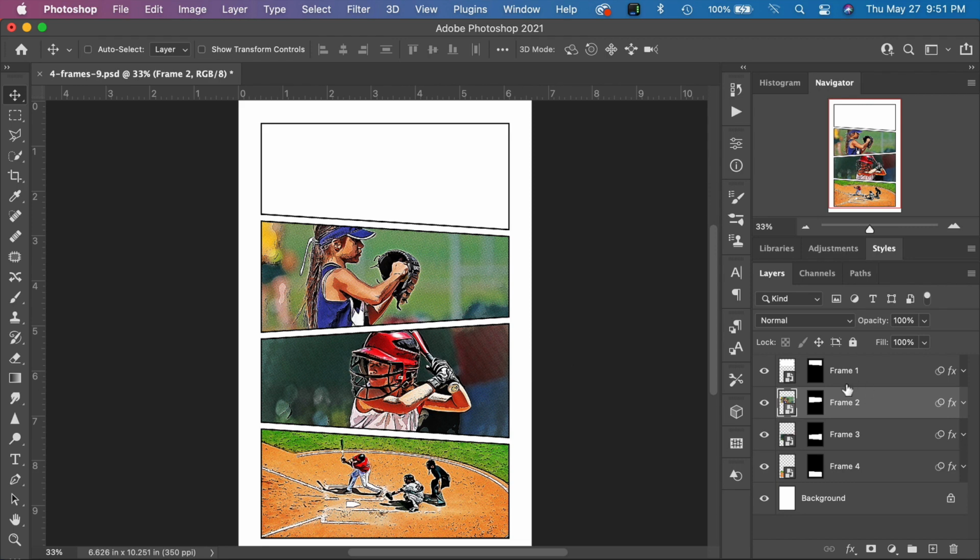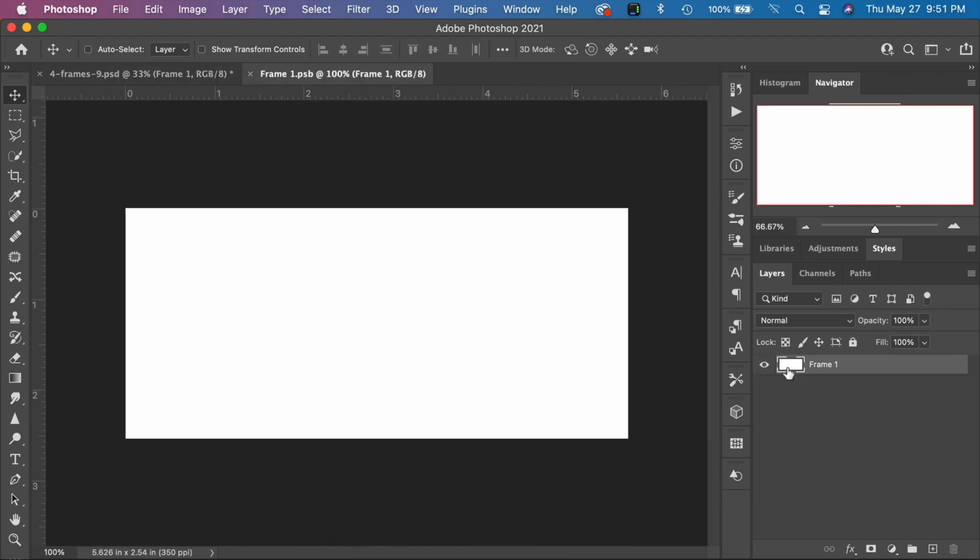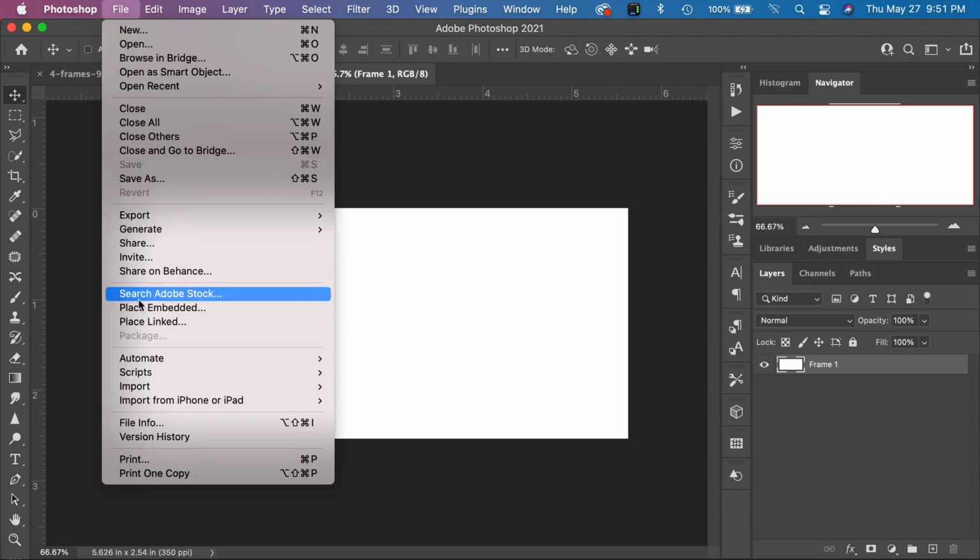So the frames are all labeled in the layers palette here, frame 1, 2, 3, and 4 for this 4-frame template. And to get your photo into one of these frames, all we have to do is double click on the Smart Object layer icon right here. And that opens up this one frame. We're going to place our photo into this frame. So we'll go to File, Place Embedded,